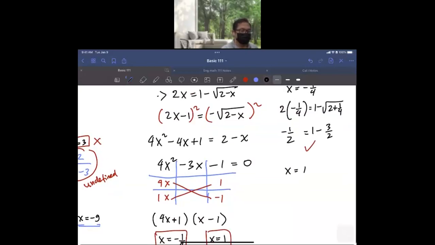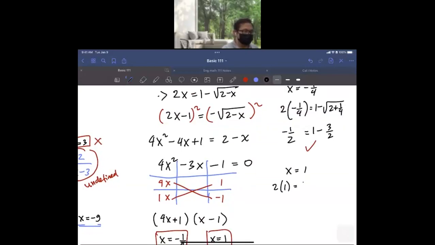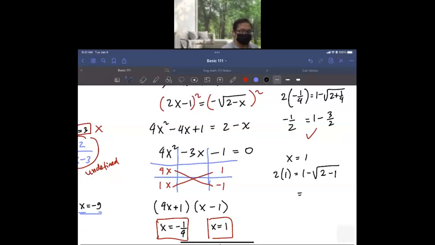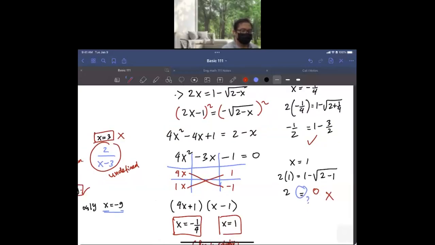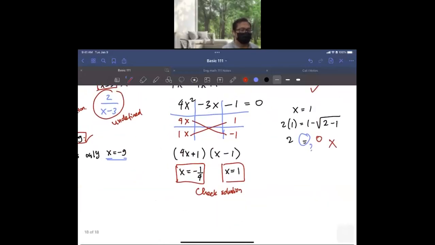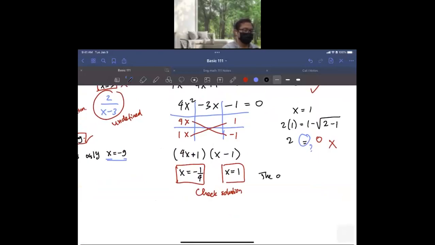It's correct. When x is equal 1, 1 minus 2 minus 1. This will be a trouble because this will be 0. And this is 2. So there is a problem with this. So it does not satisfy our equation. So the only solution is